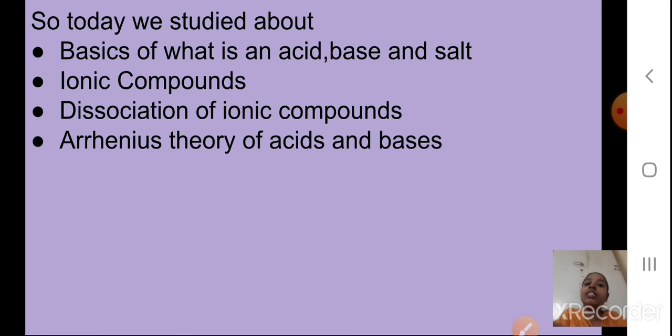Yes, then we studied the ionic compounds. That was also, the example was sodium chloride only. It is an ionic compound. Yes. Why is it an ionic compound? Because it is formed because the Na plus Cl minus ions are bonded with the ionic bond. Okay. Then we studied dissociation of ionic compounds. Yes. Dissociation is nothing but separation of the ions in water and aqueous solutions are forming. Okay. Then you studied the Arrhenius theory of acids and bases. Yes. Arrhenius was the scientist who gave the definitions for acids and bases depending upon this dissociation.